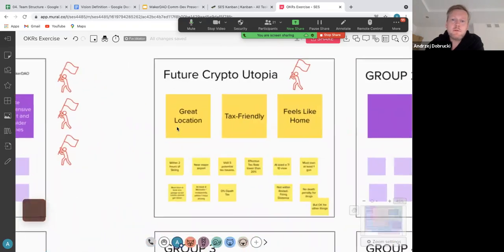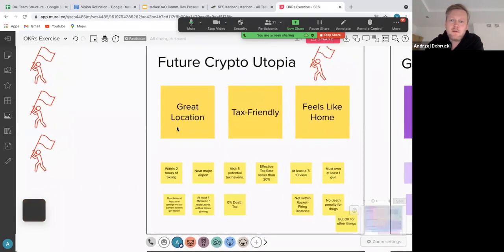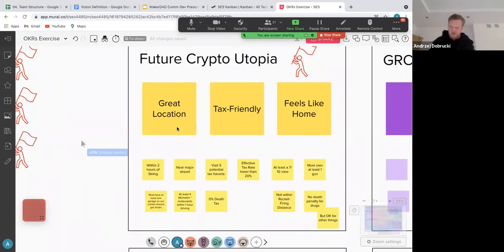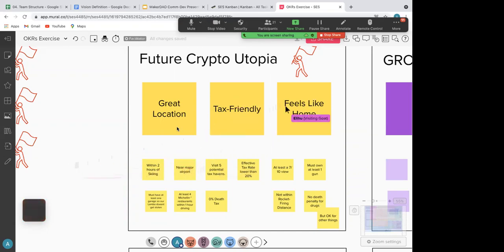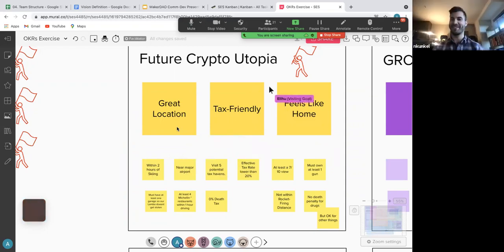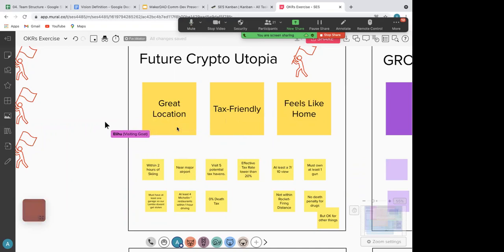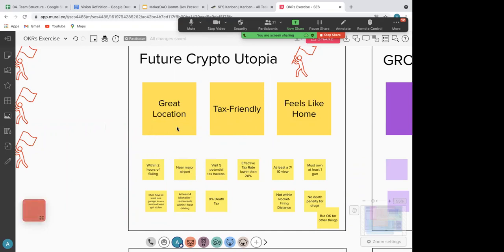Okay, future crypto utopia. That was in the theme of moving to a new apartment. So who's that, and who can present for the group? Take it away, Long. Sorry, what was that, Nick? I think you wanted to present this, right? You mentioned that earlier. I kind of wanted to see you present it. I thought about it, and I would love for Nick, number go up. Nick, number go up. I knew this was Nick's. Yeah, not attaching myself to this one, Nick. Okay, well,